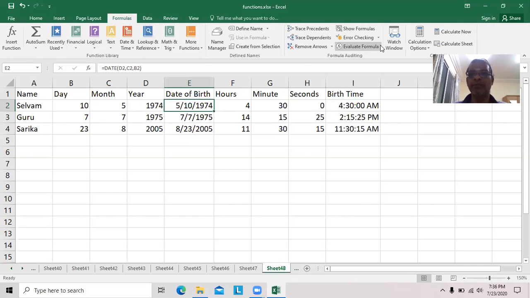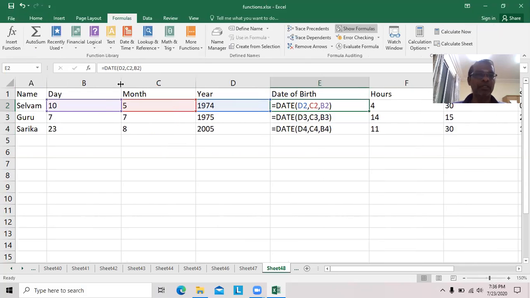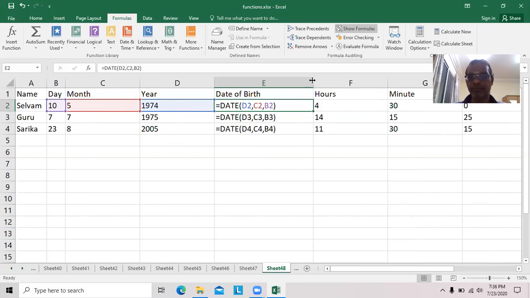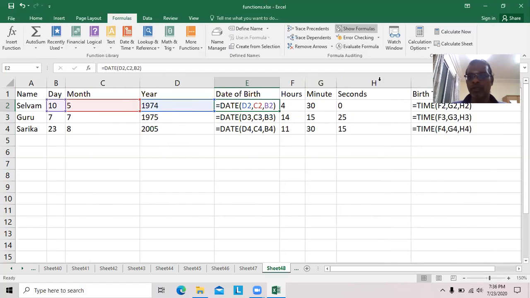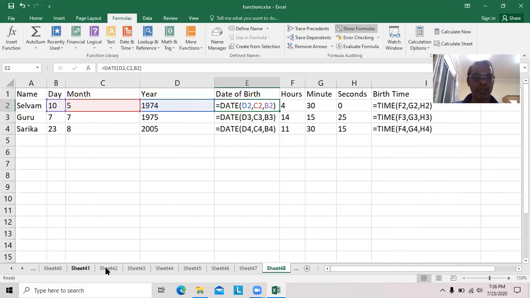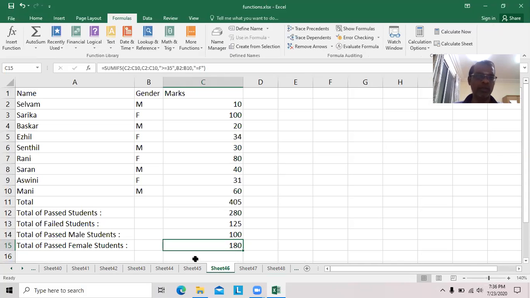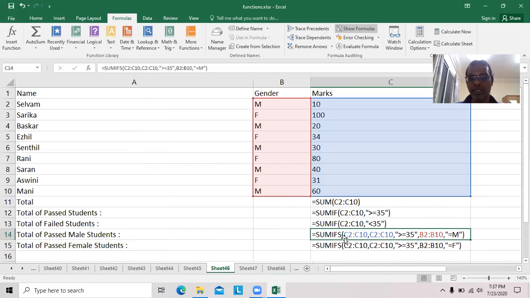We'll see the function formulas here: day, month, year, date, as well as time. Today I stopped here itself. Today we studied SUMIFS. SUM as well as SUMIF we studied in the previous lesson. Now we studied only SUMIFS. You will see the formula here. First, we should have one range of values which is to be added. Then condition range number 1, condition number 1, condition range number 2, again a condition.